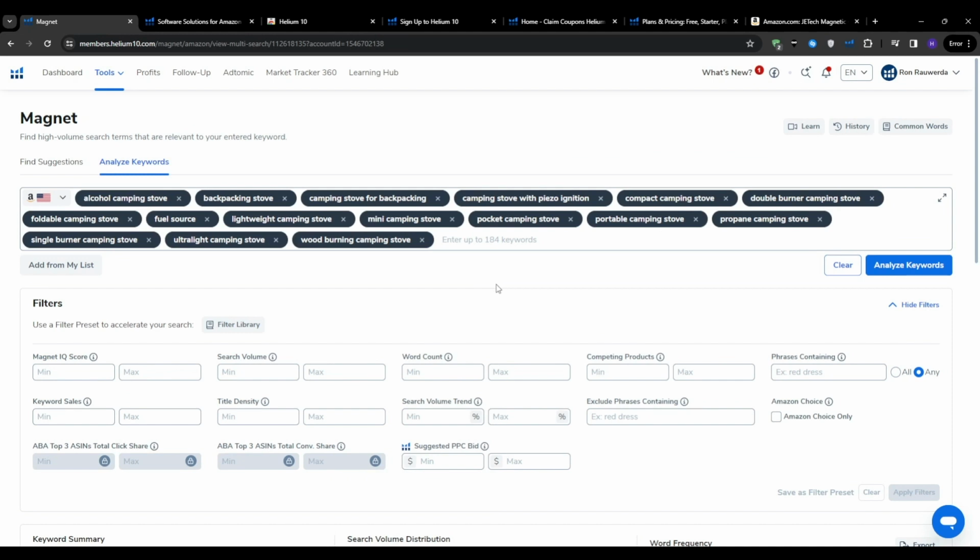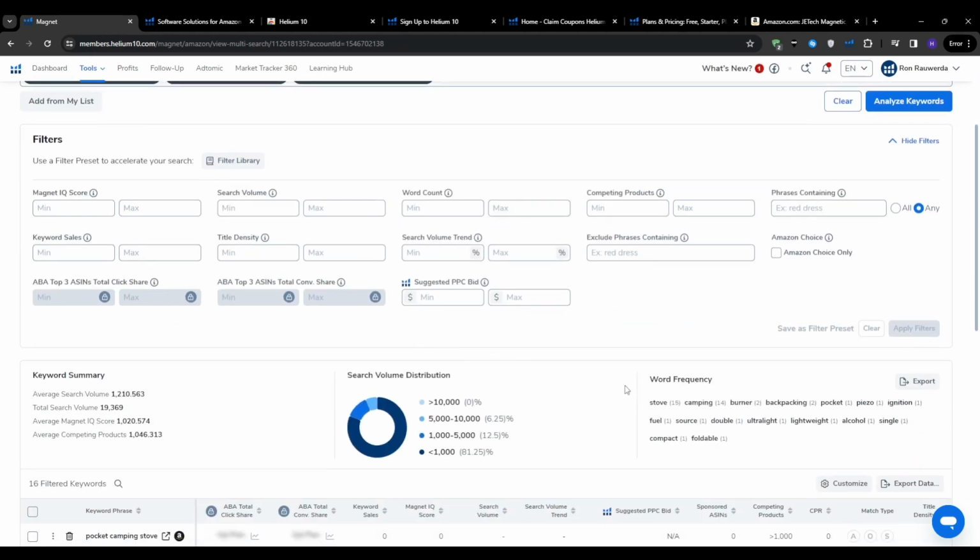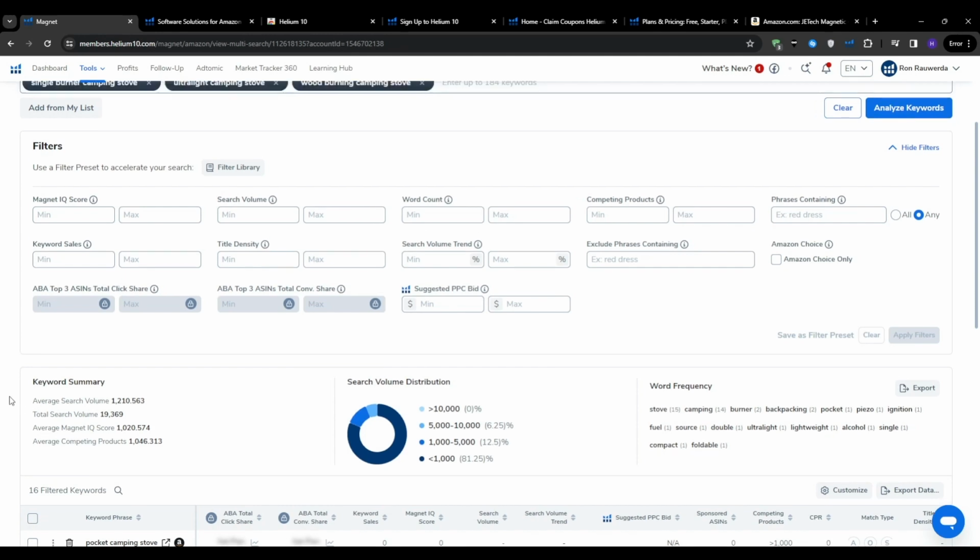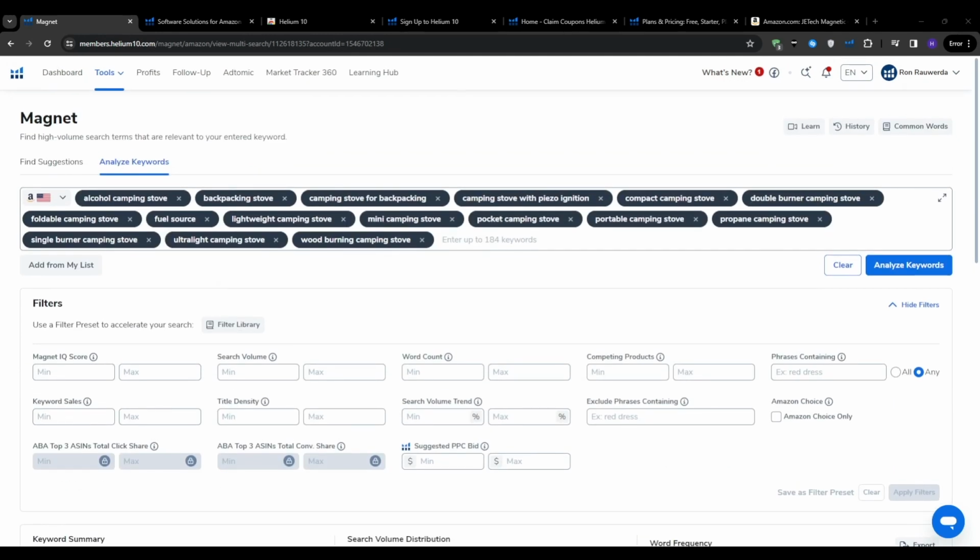that appear the most. And the insight does not stop there. You can also use the word frequency data to identify potential product variations or bundle ideas. By understanding the most common themes and phrases within your niche, you can make strategic decisions about your product development, positioning, and marketing. And that's how we can do that with Magnet's Analyze Keywords tab without spending hours manually analyzing